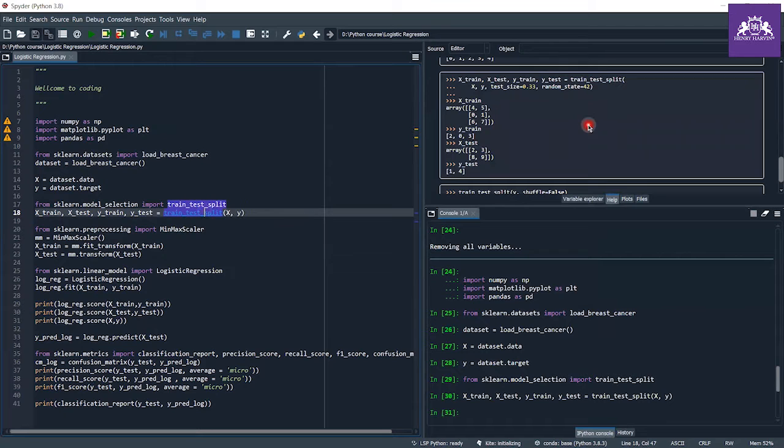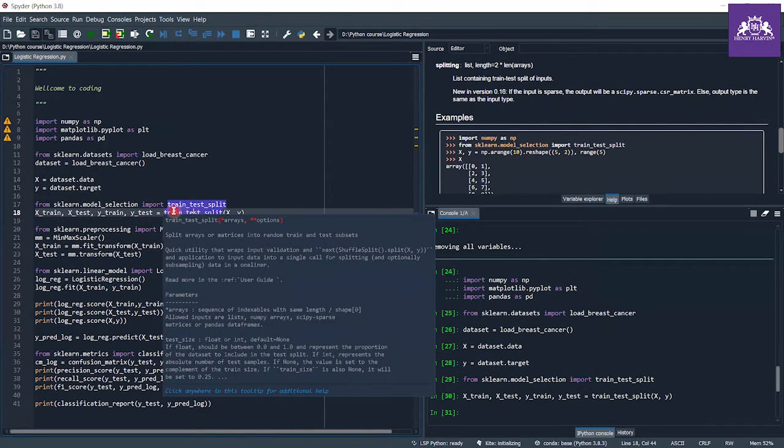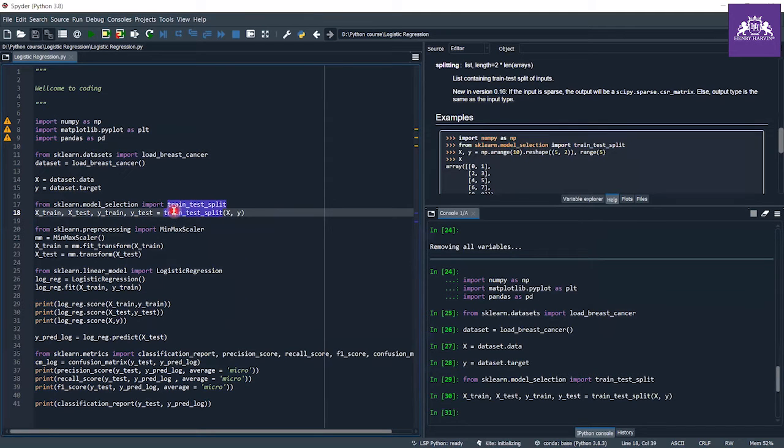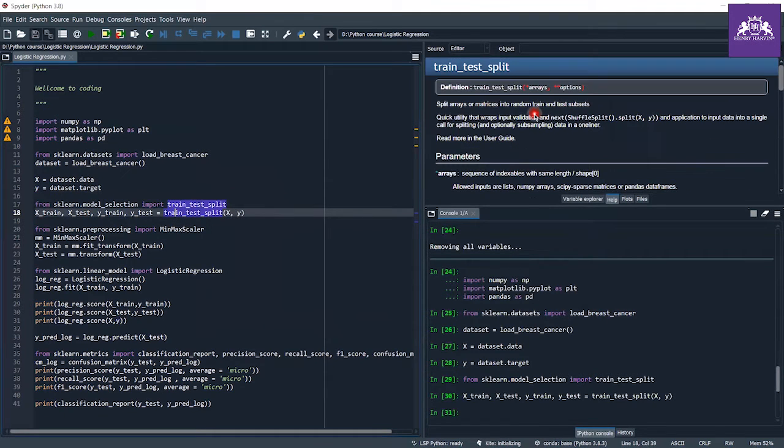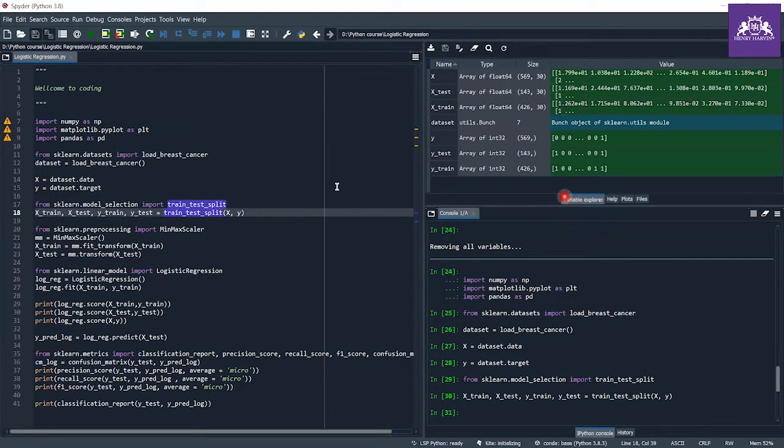To find out about this, move your cursor here and press Ctrl plus I, and you get the documentation for train test split. If the default value is none, then it will be set to 0.25. So now our training set is 75% and the testing set is 25%.